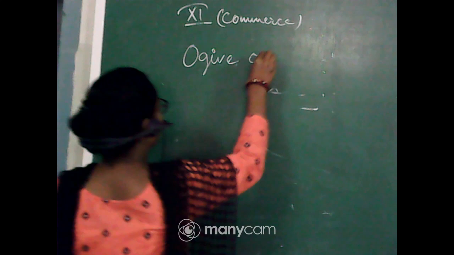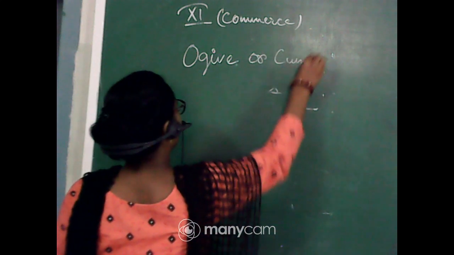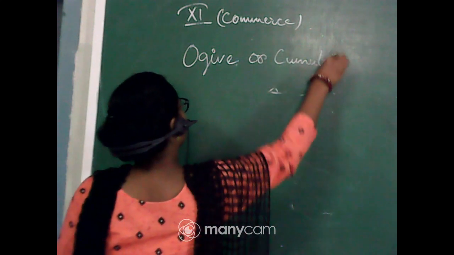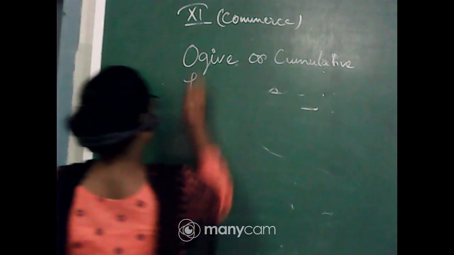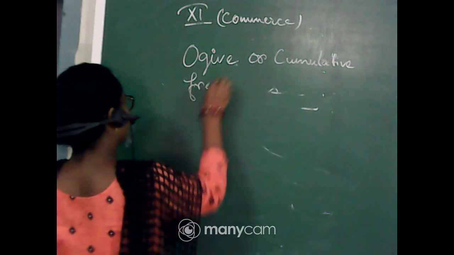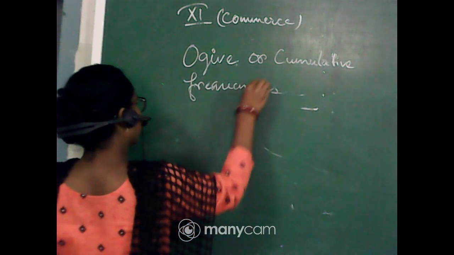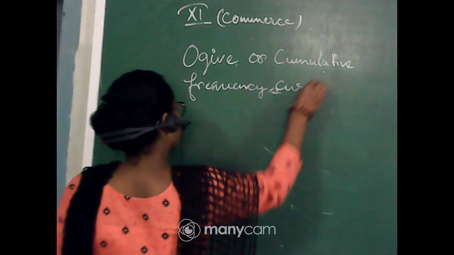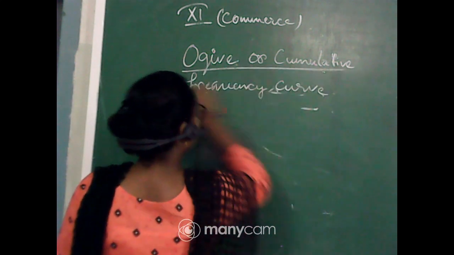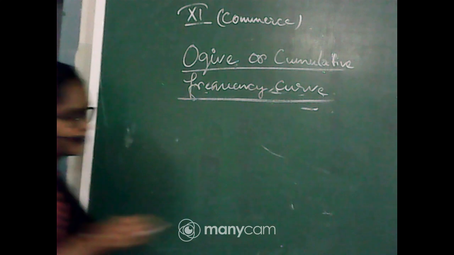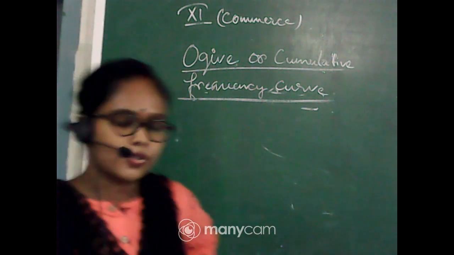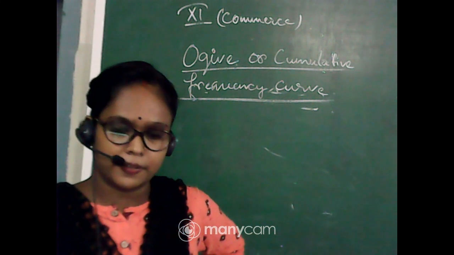Ogive or cumulative frequency curve. This is one type of the diagrammatic representation. So ogive or cumulative representation,